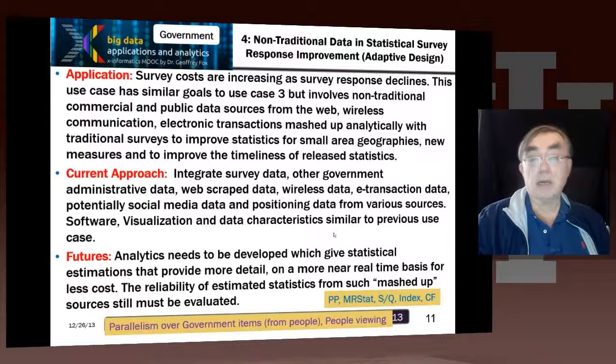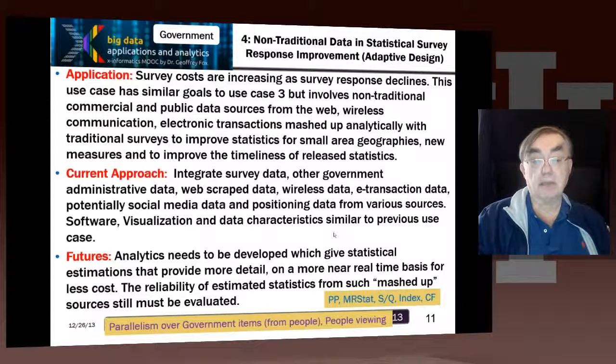So here we come to the variant of this, which is the same basic idea of using collaborative filtering, but it involves new types of data, because the world is full of new types of data from the web, from smartphones and things like that.